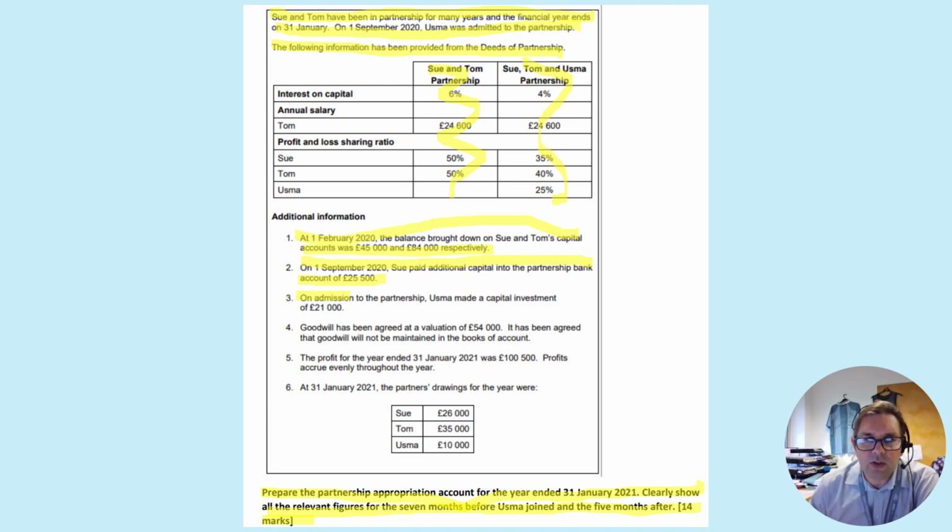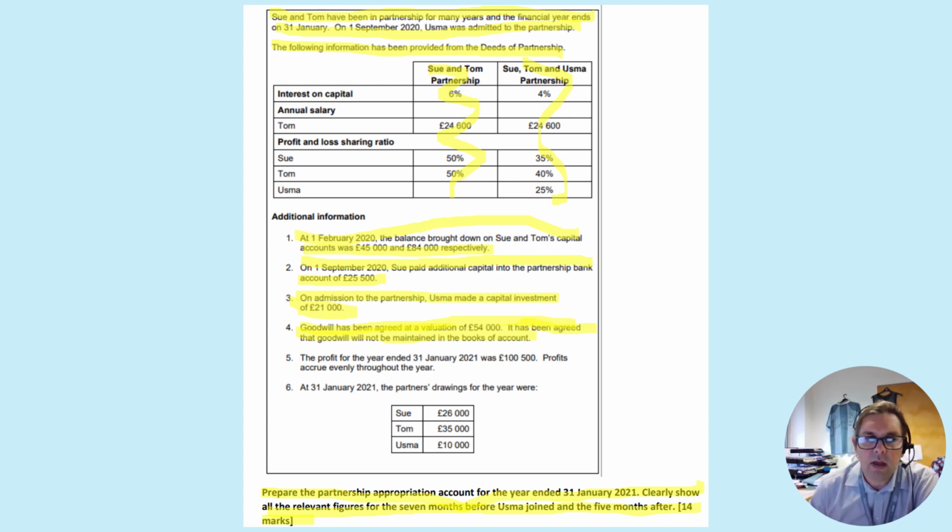So what's happened is Uzma's paid 21,000 as capital investment. So that needs to be on the credit side of her capital account. I'll show that in a moment. But we've also got goodwill. Now, goodwill was here for a reason. Sometimes students will just ignore it. But that £54,000 worth of goodwill will be dealt with when we actually introduce the new partner. So it's part of the method marks to get the interest on capital for the second 5 months of the